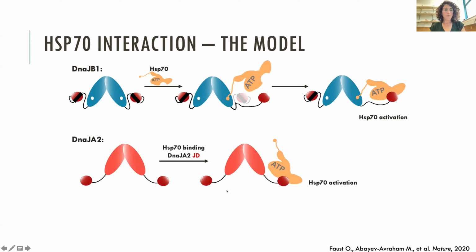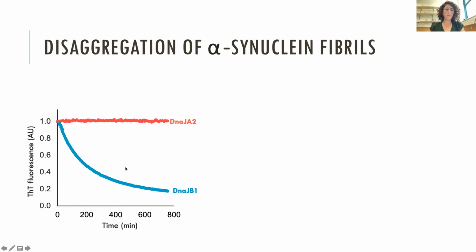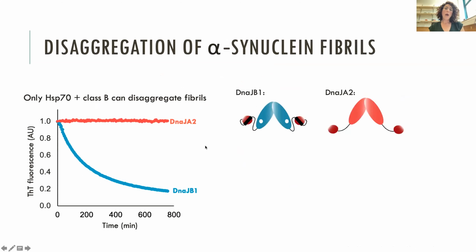So we've noticed this difference of interaction between the 2 families, between the 2 classes, but what is it good for? And I started by telling you that only class B can disaggregate amyloid fibers. So only class B can assist HSP70 in the disaggregation, while class A cannot. And we thought that if we now found out the difference in the interaction with HSP70, it might have to do with the two